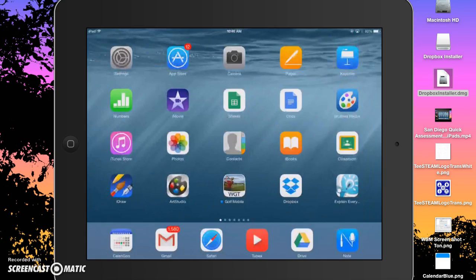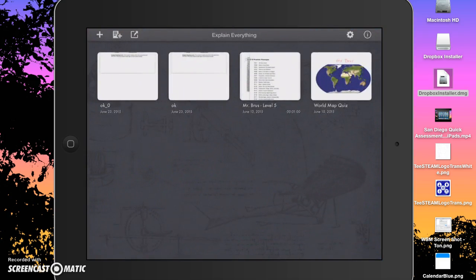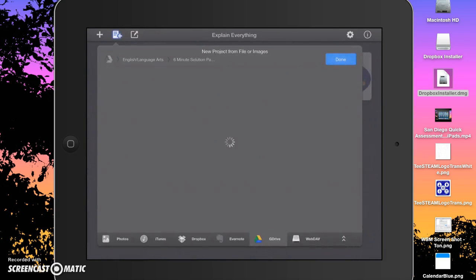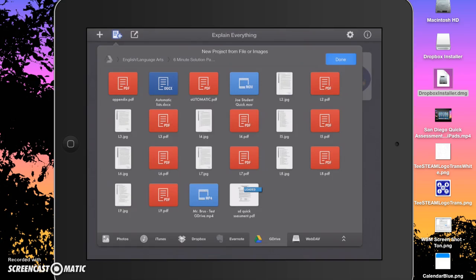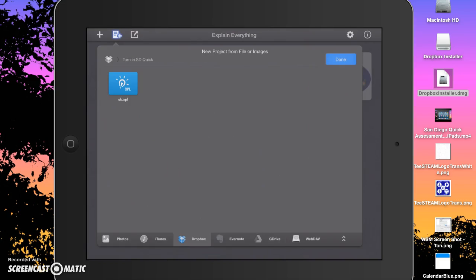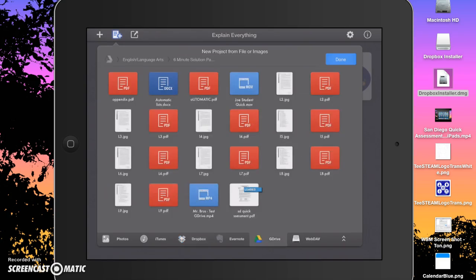So to get started, I've already loaded Explain Everything on my computer. That's the lower right hand icon. We're going to open up Explain Everything, boys and girls, and then we're going to tap the plus page icon, and if it's not open, we're going to tap our G Drive account. In our G Drive account, there is a San Diego Quick Assessment, which your first time will actually be a